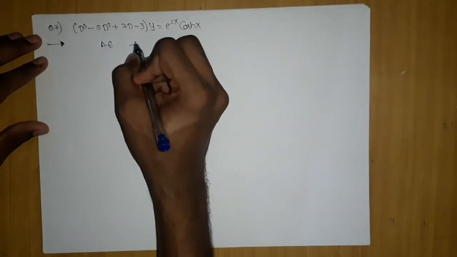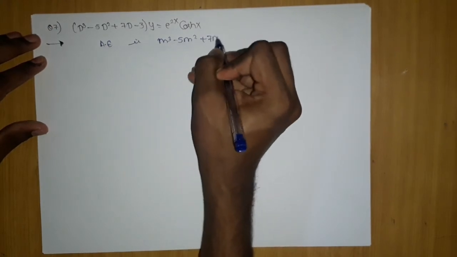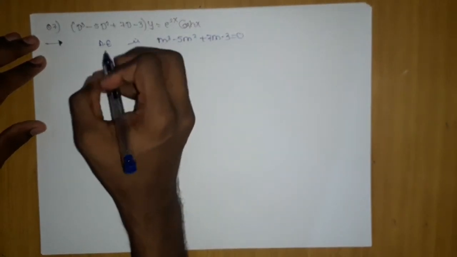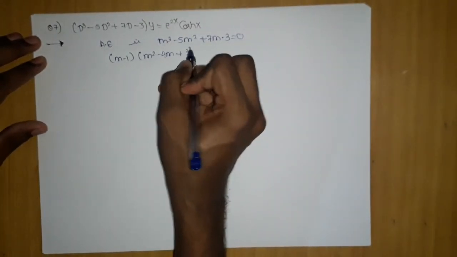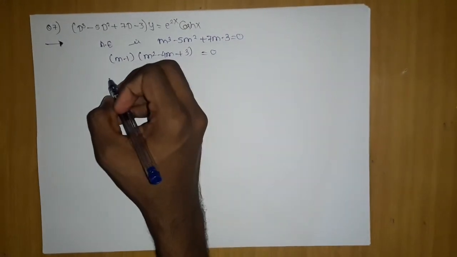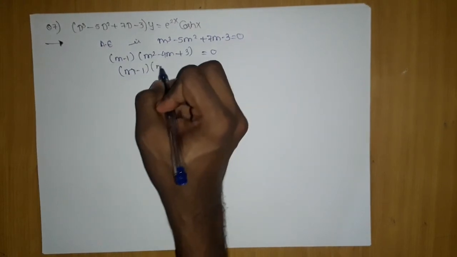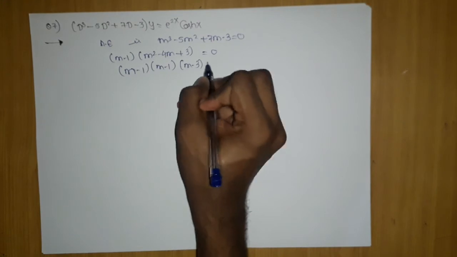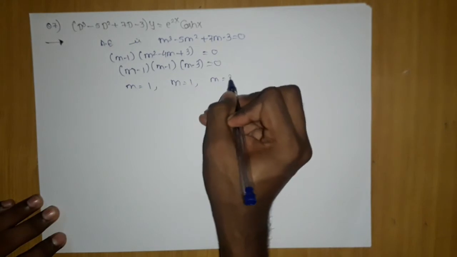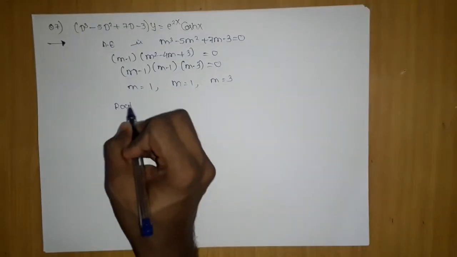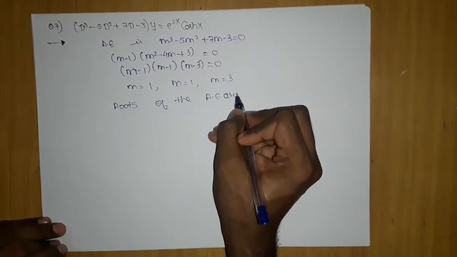So the auxiliary equation is m cube minus 5m square plus 7m minus 3 equals 0. First, you have to do hit and trial to solve a cubic equation. Mostly 0, 1, 2, 3 are the most possible answers, so you have to target them first and then divide to get a quadratic, m square minus 4m plus 3. Further on, if you solve, you will get (m minus 1) twice and (m minus 3) equals 0. So you are getting your roots as m equals 1, m equals 1 again, and m equals 3. So the roots of the auxiliary equation are real and equal.